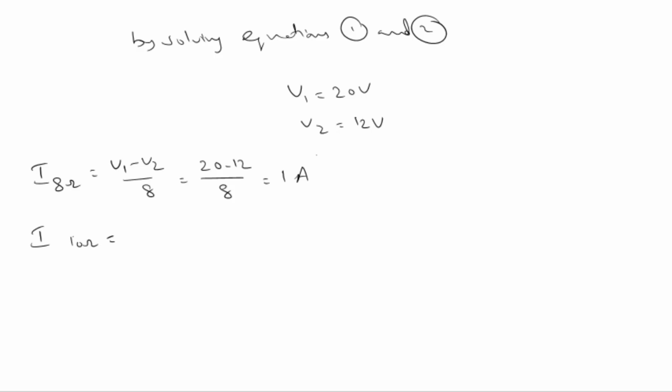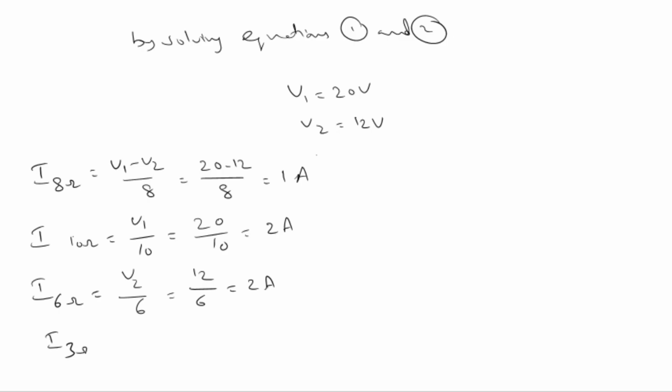The current flowing through the 10 ohms is V1 by 10, which is equal to 20 by 10, which is 2 amperes, and the current flowing through the 6 ohms is V2 by 6, which is 12 by 6, equal to 2 amperes, and the current flowing through the 3 ohms is V2 minus 15 by 3, or 15 minus V2 by 3, which is equal to 15 minus 12 by 3, which is equal to 1 ampere,